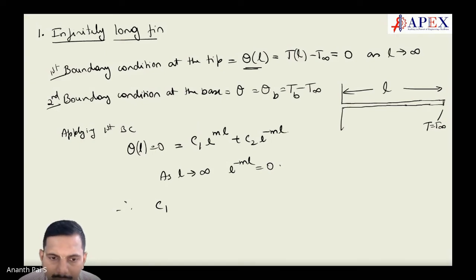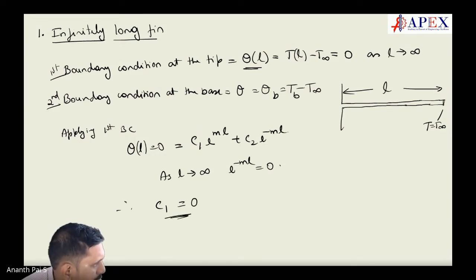C2 e power ml is equal to 0, right? So what would be C1? C1 will come as 0, correct? C1 will go as 0. Right? C2 will remain, which is minus, right? So, and C2 applying